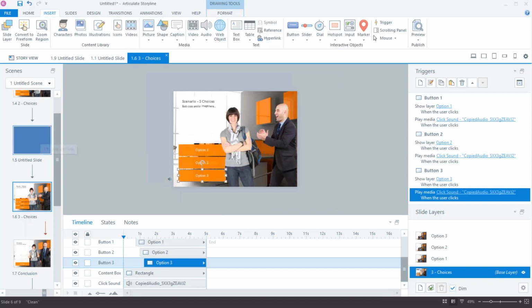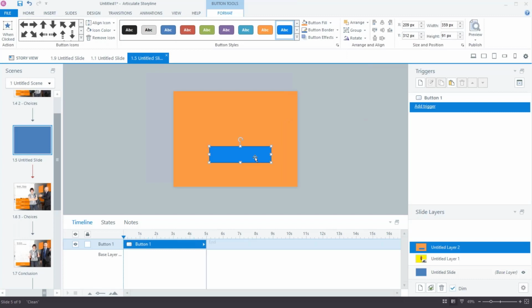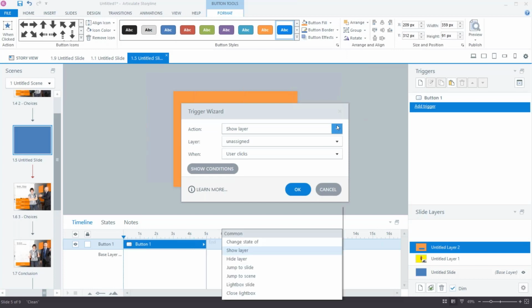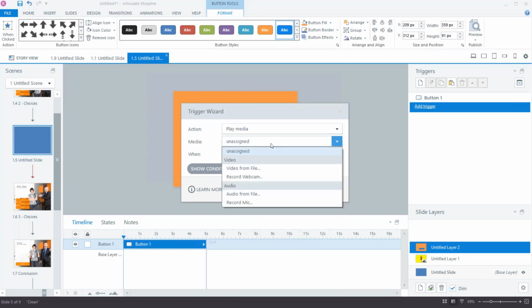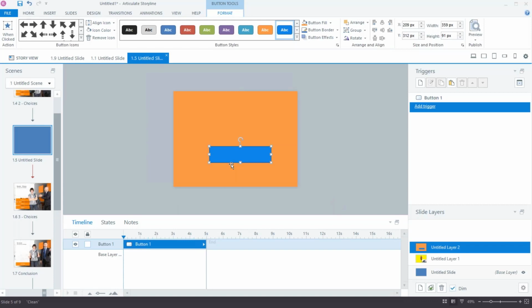If I go in and insert a button, for instance, I can do that same thing here. I can play media if there was media here, and I could just record it, or do it from a file or whatever. So that's simple, we just grab the sound. If you're doing a screen recording, like a screen capture where you're recording a software demonstration, it will capture some of those for you, and you'll have a little bit more functionality than if you're just trying to create it yourself.